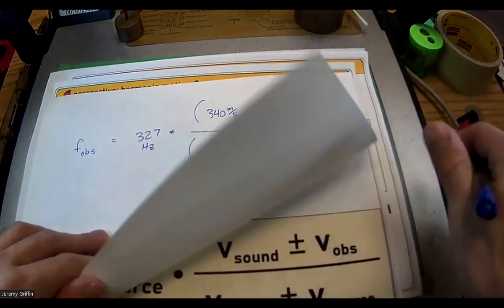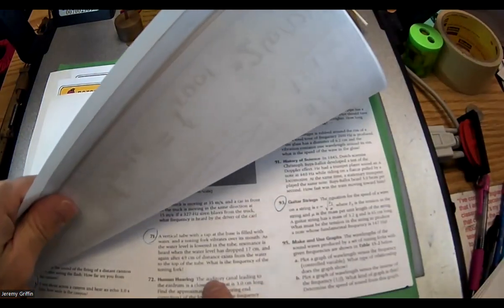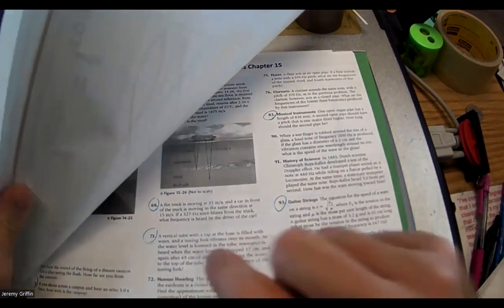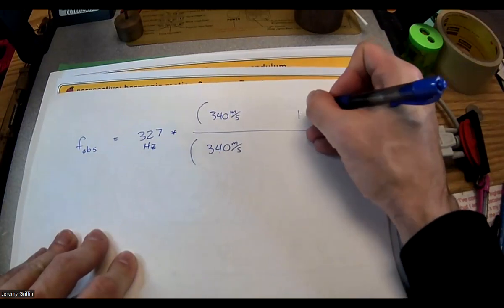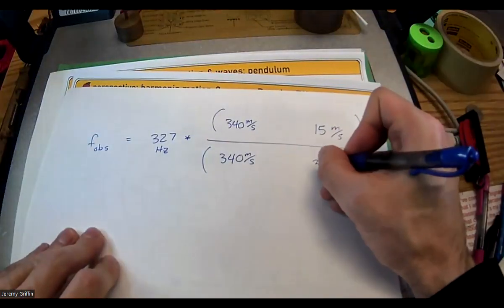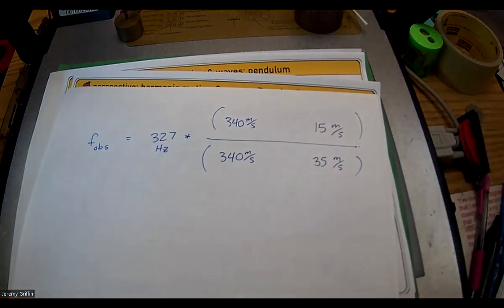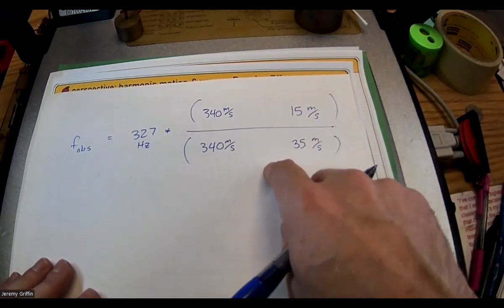Okay? But we're going to have the car going at 15 meters per second. So that's like the observer, the car, 15 meters per second. And the fire truck's going at 35 meters per second. In American units, that's 78 miles an hour. All right. But what I want you guys to figure out is